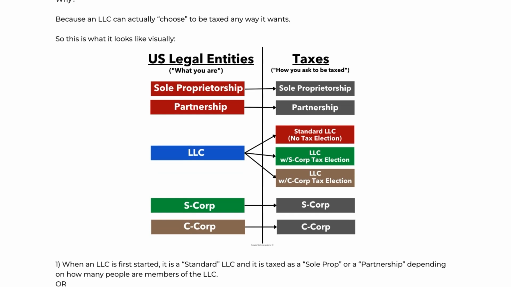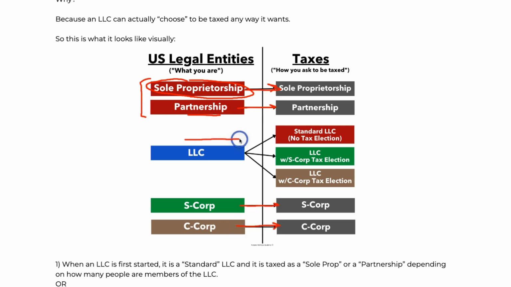Okay. So we have, and there's no other legal entity that has this superpower. Here's the thing. You have your sole prop. How does a sole prop get taxed? For the purposes of the IRS, a sole prop is a sole prop. It gets taxed as a sole prop. You have your partnership, which, again, is one of the ones that are not corporations, right? We've talked about this before. Again, it's taxed exactly the same way. You've got your S Corp, and an S Corp is taxed as an S Corp. A C Corp, taxed as a C Corp.